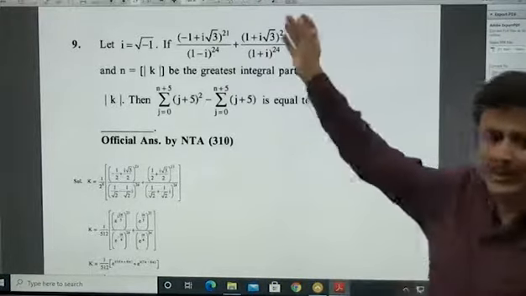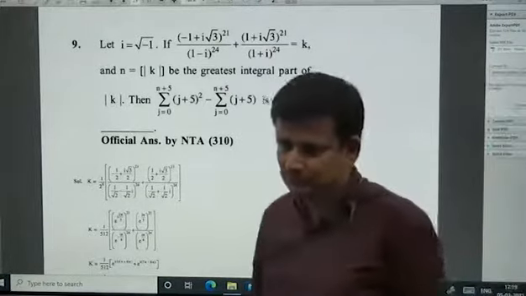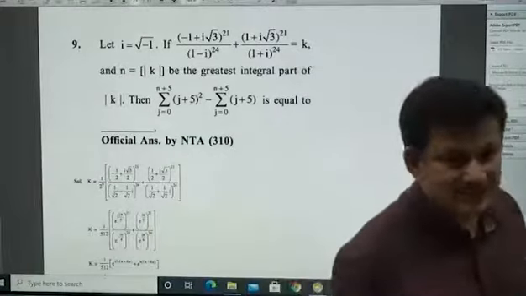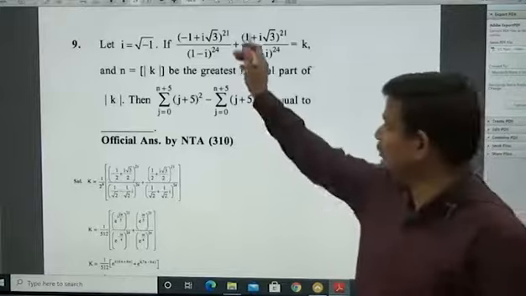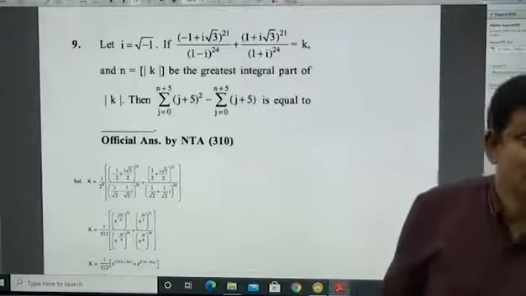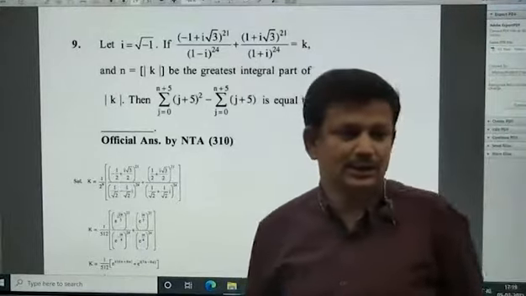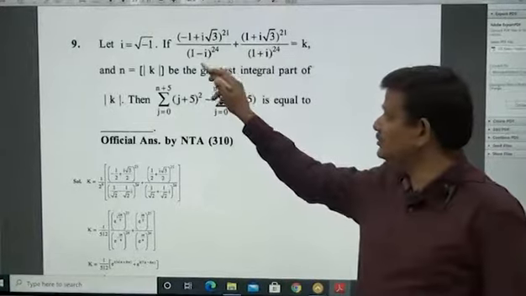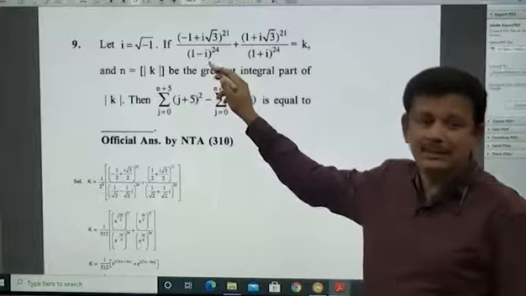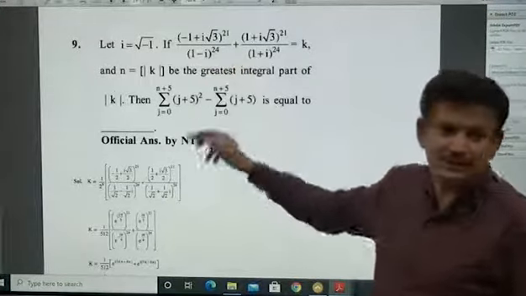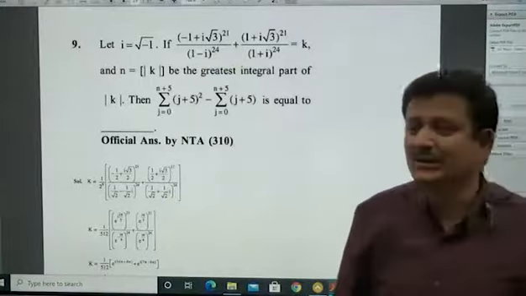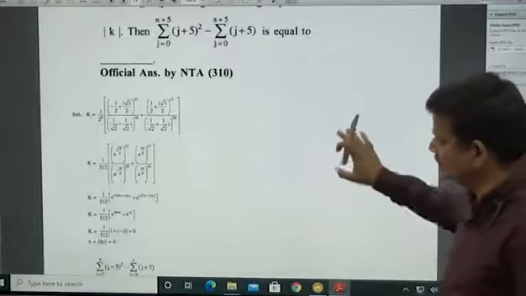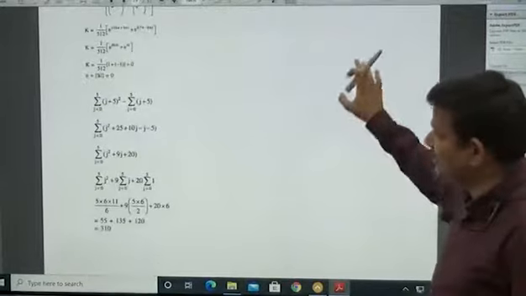Then you apply De Moivre's theorem. Power is 21, so 21 pi by 3. The 3 gets cancelled, multiple of 7. So you are getting a real number, a multiple of pi, so this will be a purely real number. Similarly, this also, by root 2, pi by 4 or 3 pi by 4, power multiple of 4. That also gets cancelled. Again, the denominator is also a real number. So you are getting proper real numbers. So that is what he also did. Same thing has to be done.